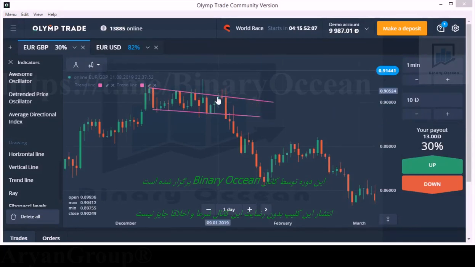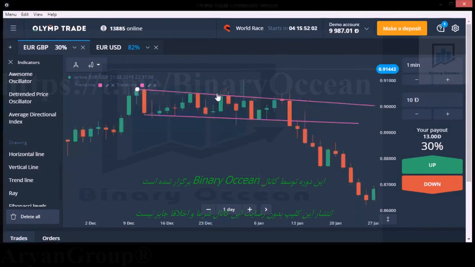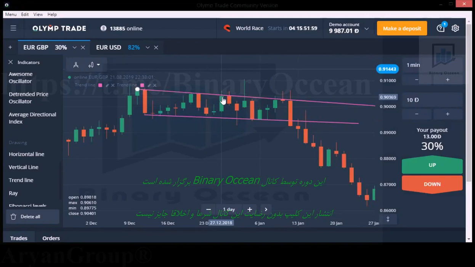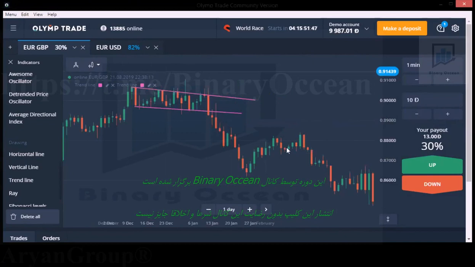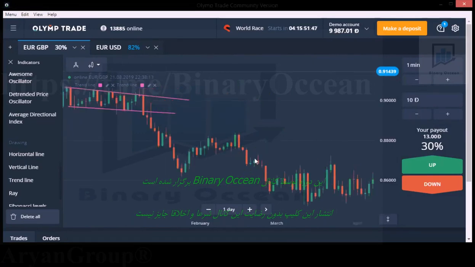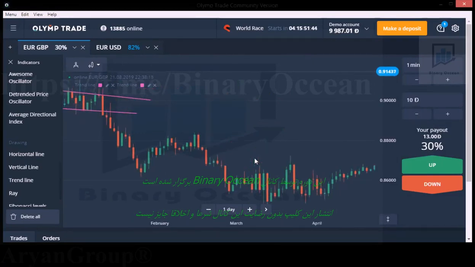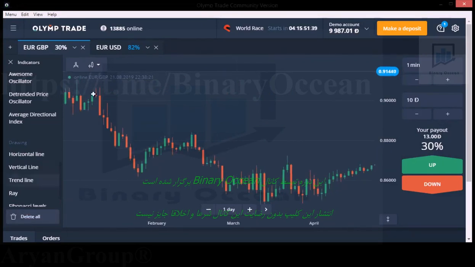If you see any rejection, here the candle closing point is below the level. With rejection, the rejection is showing us the seller's entry in the market. So you can enter on the next candle directly. Or if you get any reversal sign like this, then also you can enter. There is no difference. You can enter with confirmations, reversal signs, or you can enter directly on the next candle. Okay, so let's see any opportunity here.